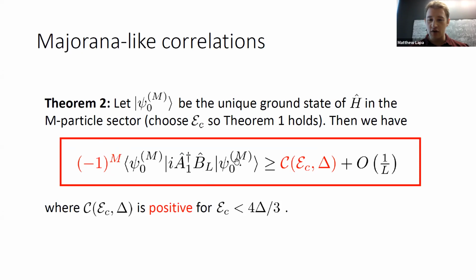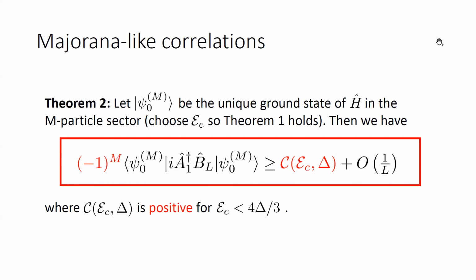Then you have this correlation function. And it turns out you can bound it from below by some function which is positive for a sufficiently small charging energy, plus terms that go to 0 as powers of 1 over L. So this tells you that this long-range correlation